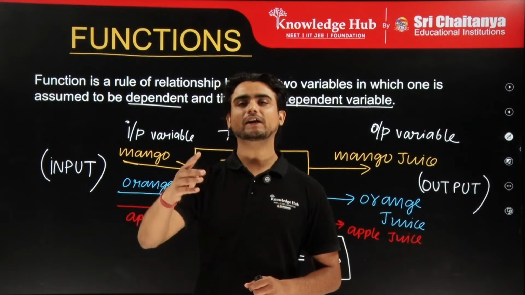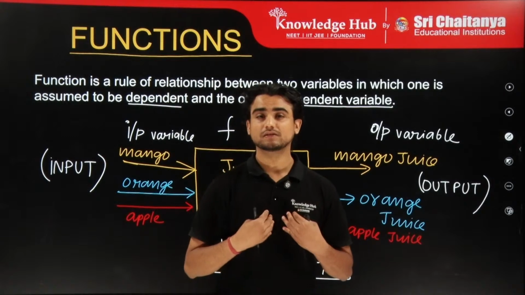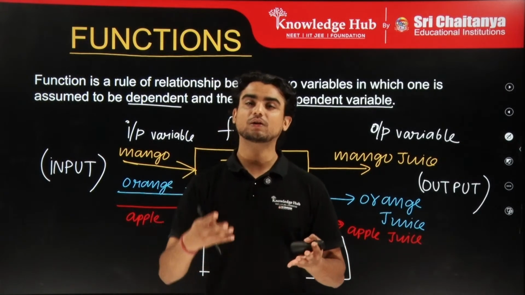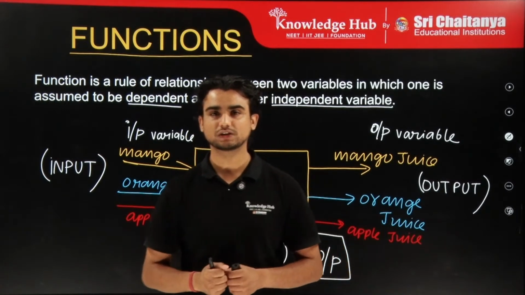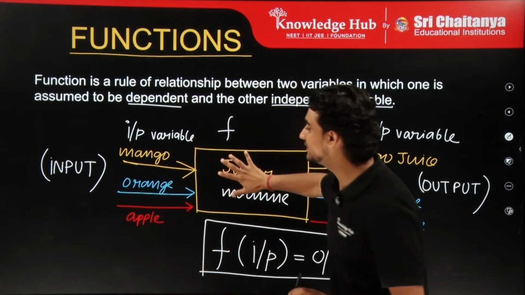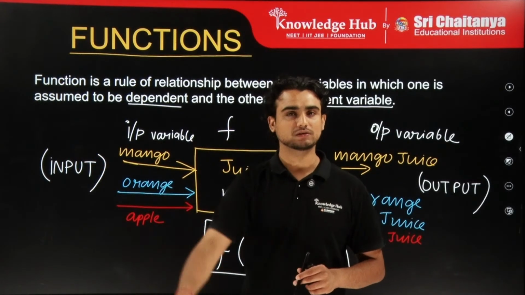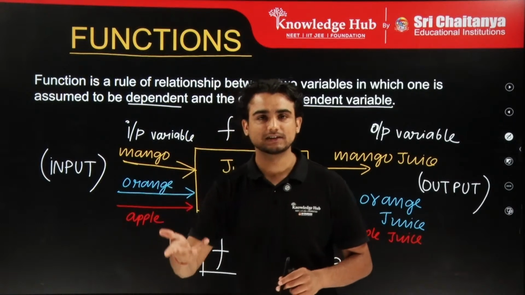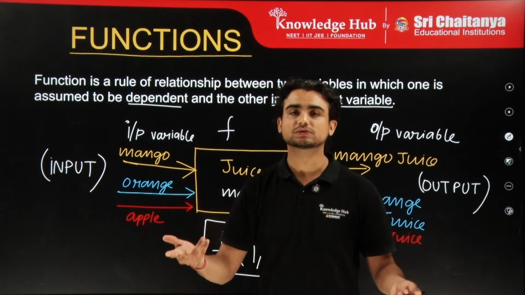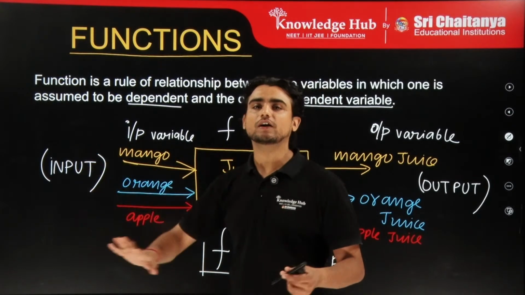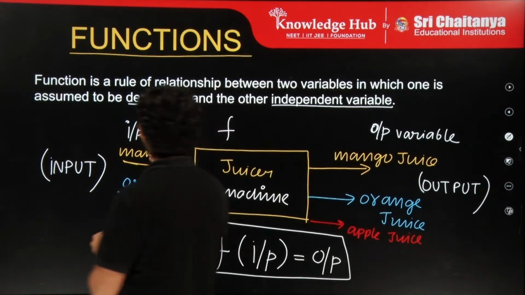And you might want to drink a mango juice. So that depends on me, right? But I'm not restricted, right? You're also not restricted that if I'm drinking a mango juice, you also have to drink a mango juice. So what I put inside this machine will not depend on anything, right? You can choose any fruit of your choice, or any vegetable. Let's suppose I want to drink a cucumber juice. So this input will not depend on anything. So my input is independent.